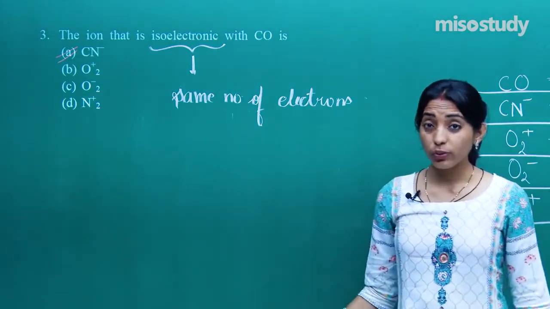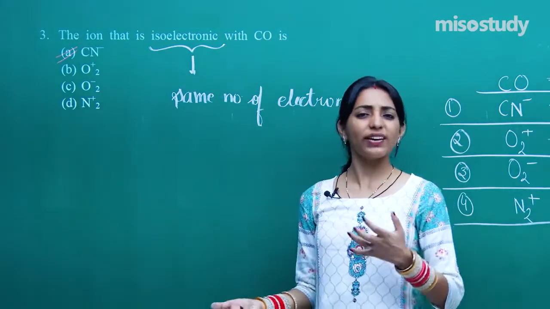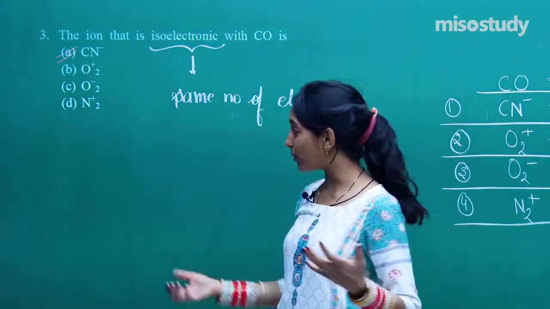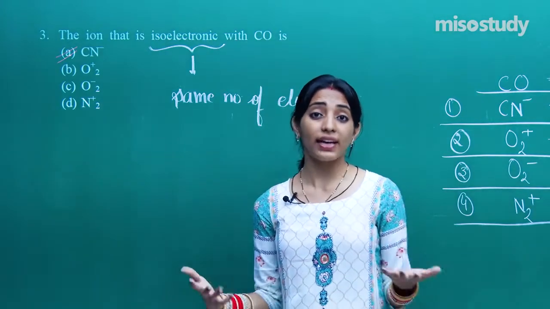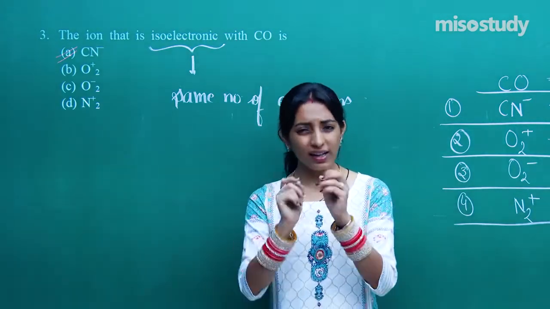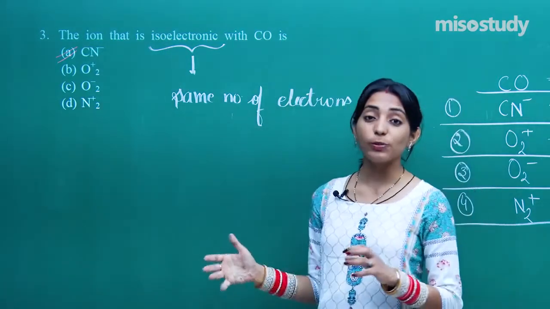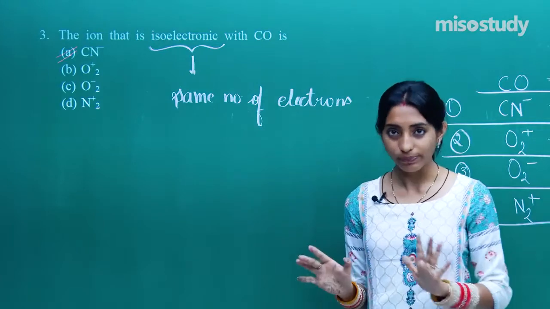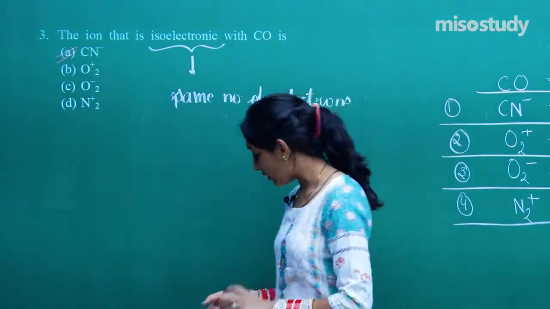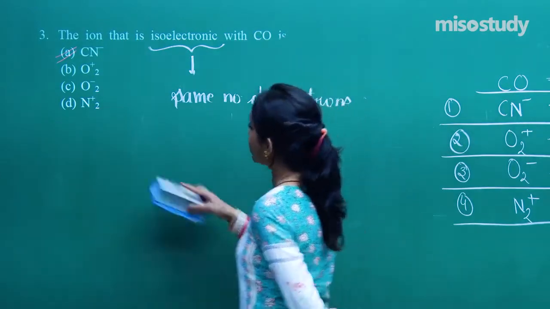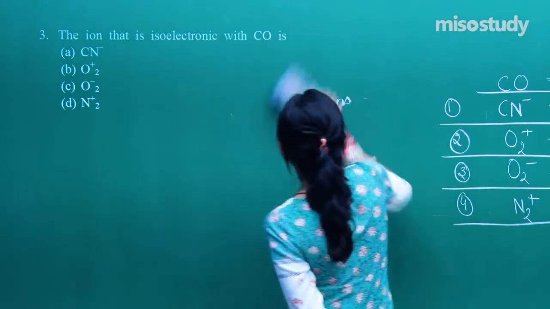So see, this question was again not tough, but it was a good easy question. Otherwise you have always done isoelectronic species in the case of Mg2 plus, Al3 plus, O2 minus, F minus, N3 minus, right? Like simple ions, single ions. But this time we did the isoelectronic species which are molecules. Fine? Okay. So having done with the third question, let us now move on to our next question, which is question number 4.